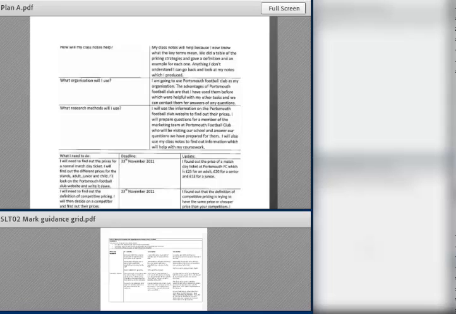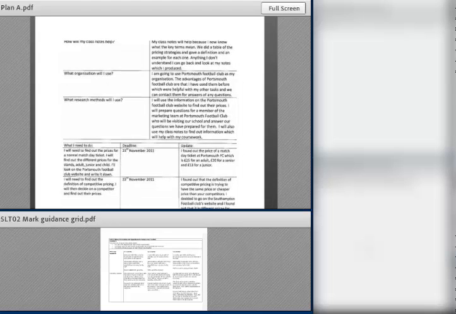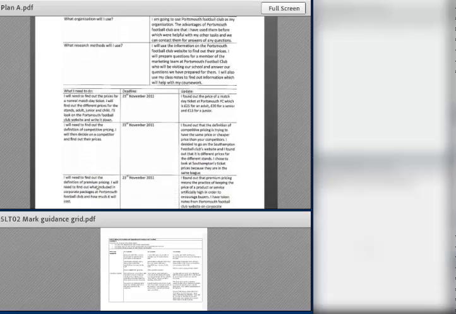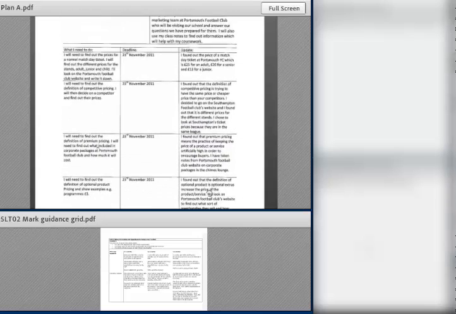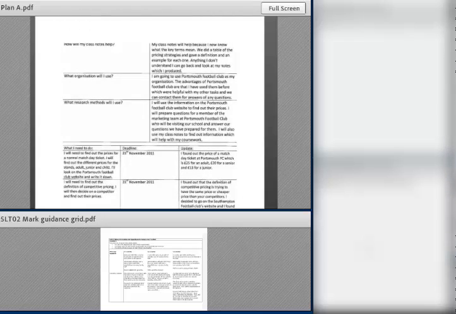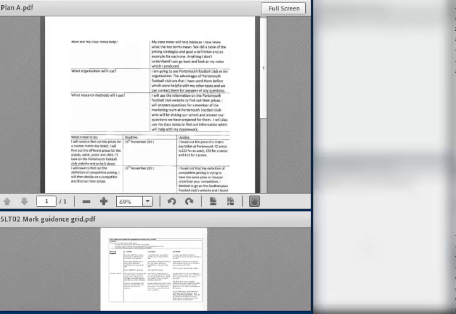If you look very briefly at this plan now, and I don't want you to look at it for very long because we're going to look at quite a few plans this afternoon because it is such an important part. Have a quick glance through that. I'm going to allow Mel to give you control of it so that you can click on it and get what you want out of it and refer also to the mark guidance grid below.